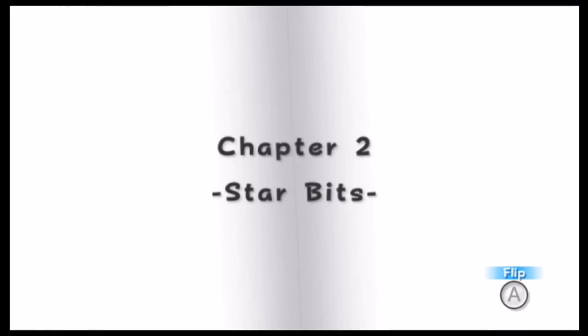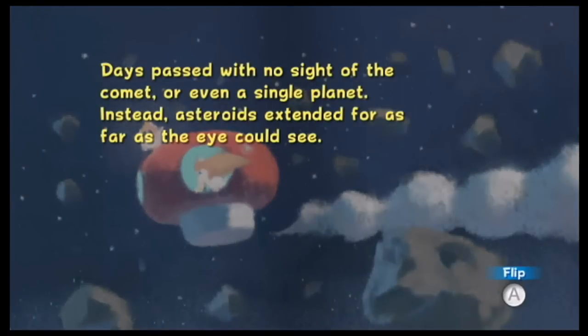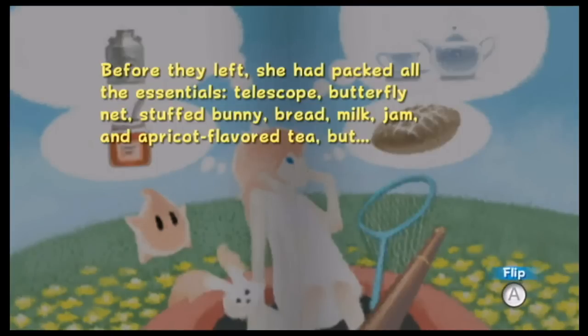Chapter 2, Starbits. Days passed with no sight of the comet, or even a single planet. Instead, asteroids extended for as far as the eye could see. If I had known it was going to take this long, I would have packed more jam, said the little girl above the rumble of her belly. Before they left, she had packed all the essentials. Telescope, butterfly net, stuffed bunny, bread, milk, jam, and apricot-flavored tea. But...